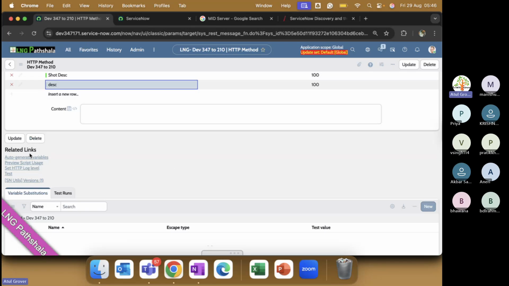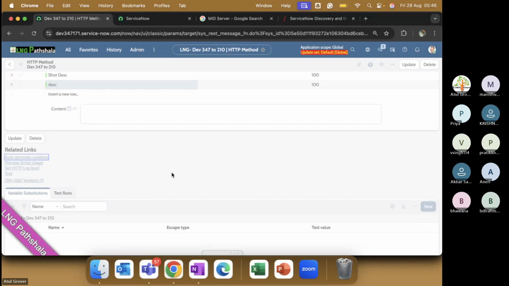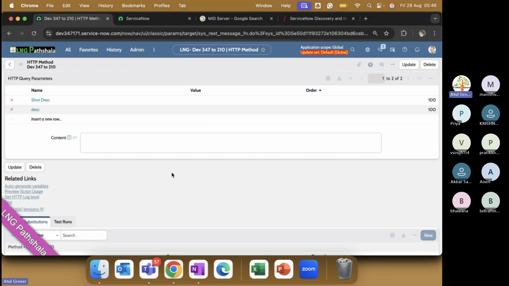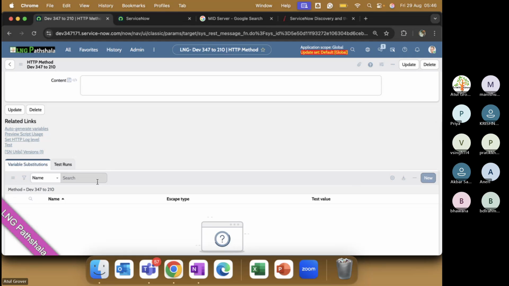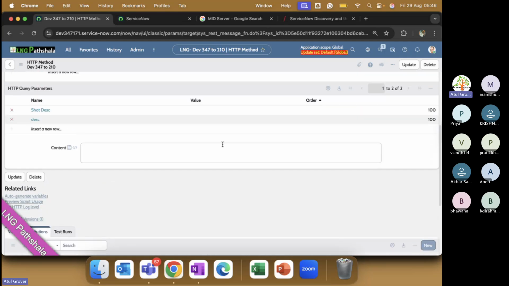And then click on the auto generate variables. Where did it go? Did I miss something? Okay, it is auto generate only. Auto generate order. Let me say value